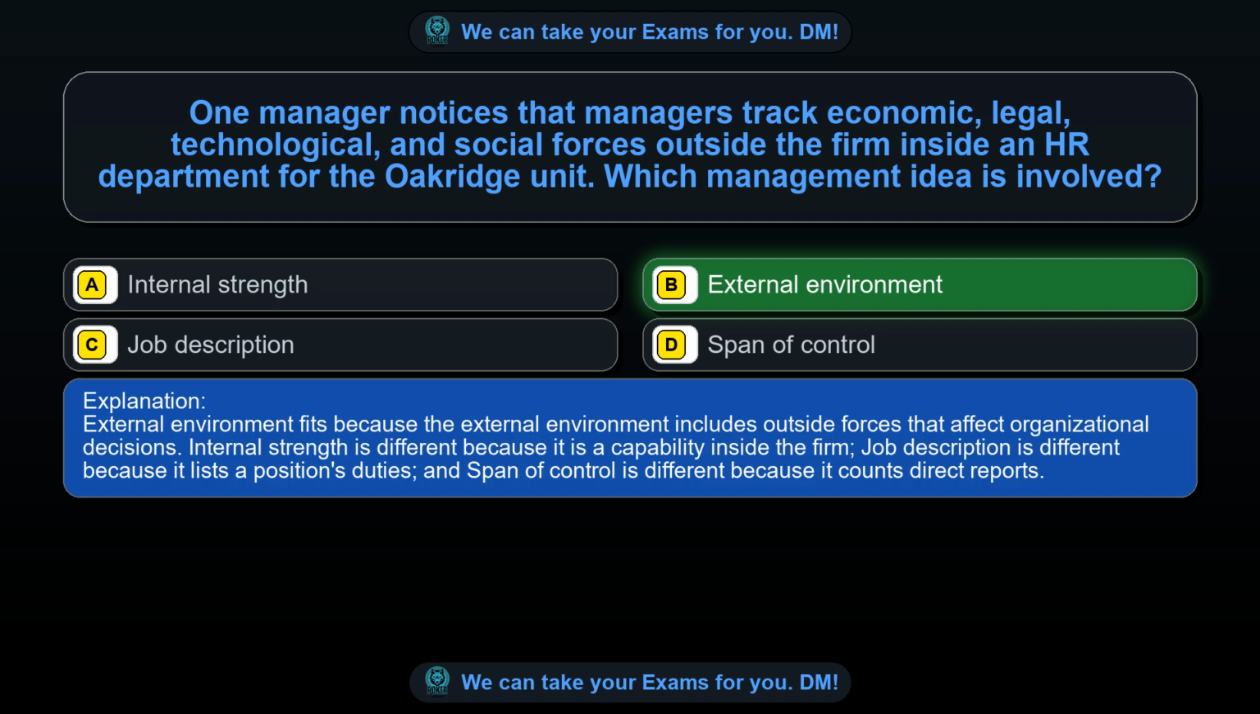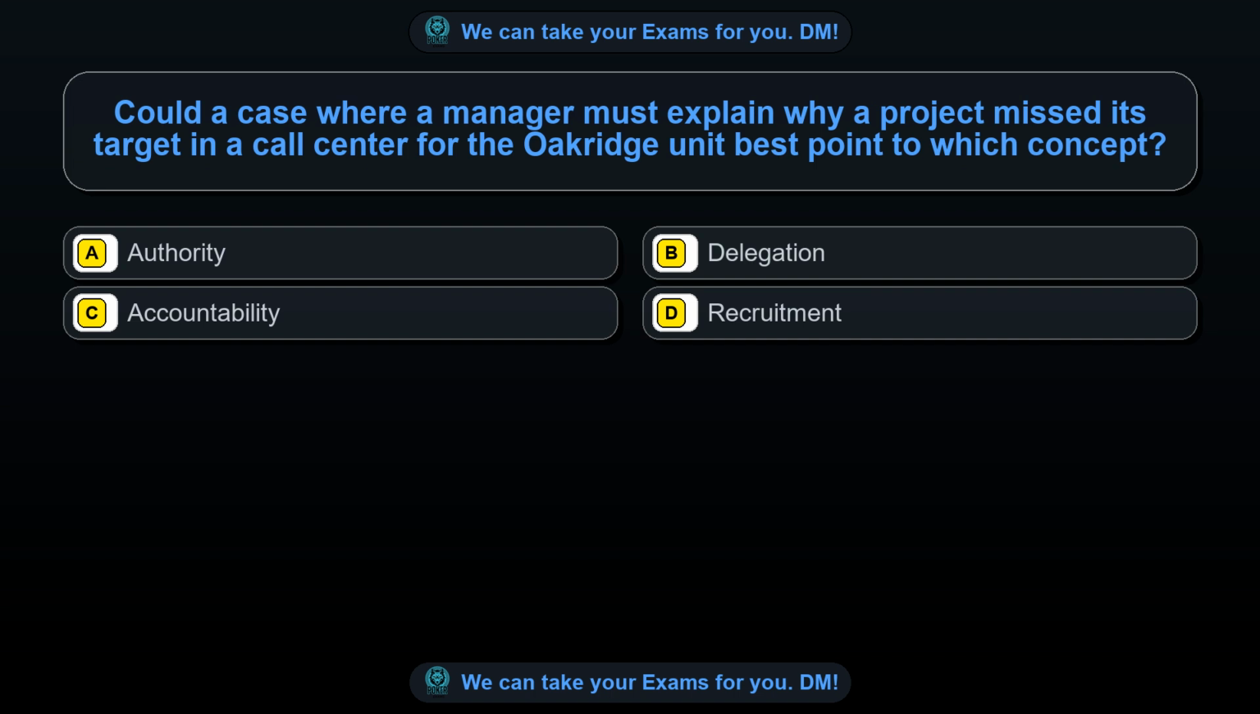External environment fits because the external environment includes outside forces that affect organizational decisions. Internal strength is different because it is a capability inside the firm. Job description is different because it lists a position's duties, and span of control is different because it counts direct reports. Question 28. Could a case where a manager must explain why a project missed its target in a call